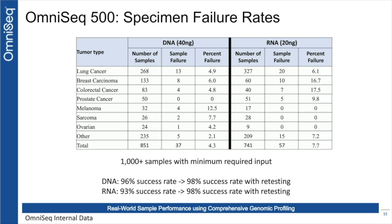And we've shown that the specimen failure rates, given the minimum inputs of 40 nanogram of DNA and 20 nanogram of RNA, actually are very low. And in fact, with the first pass, we have a 96% success rate with the DNA samples, and on retesting, it jumps up to 98% overall. And with RNA, similarly, we have a 93% success rate on the first time of testing, and on a retest, we jump to 98%. And I believe this is very in line with what single analyte testing should expect for